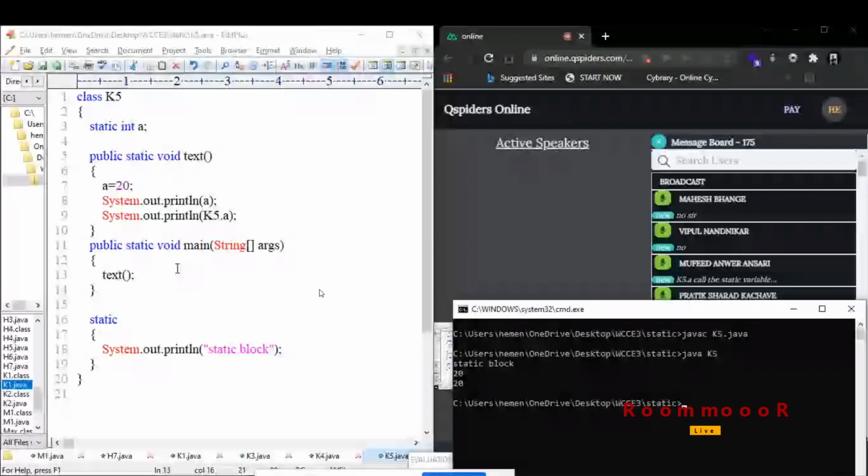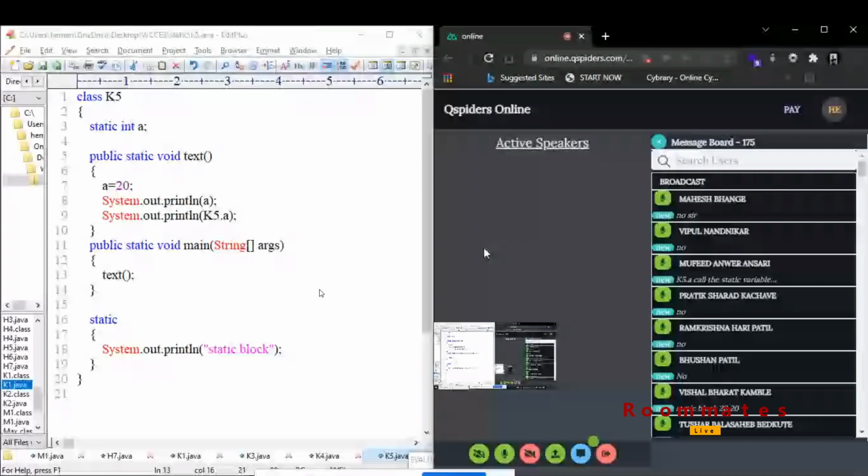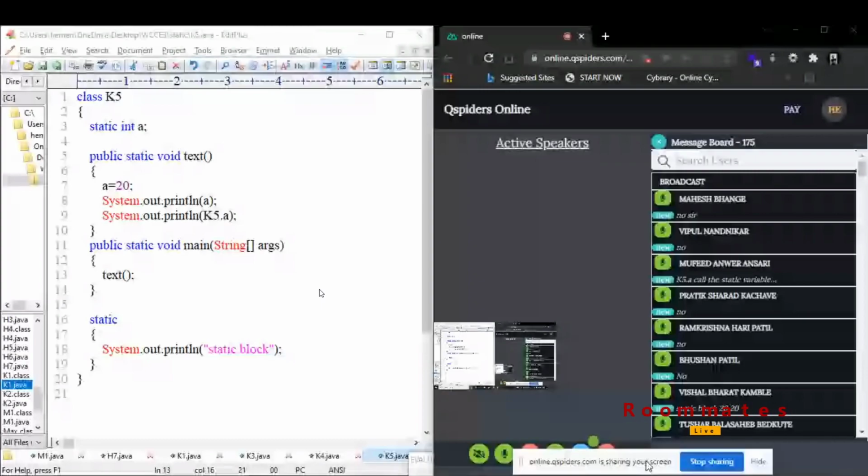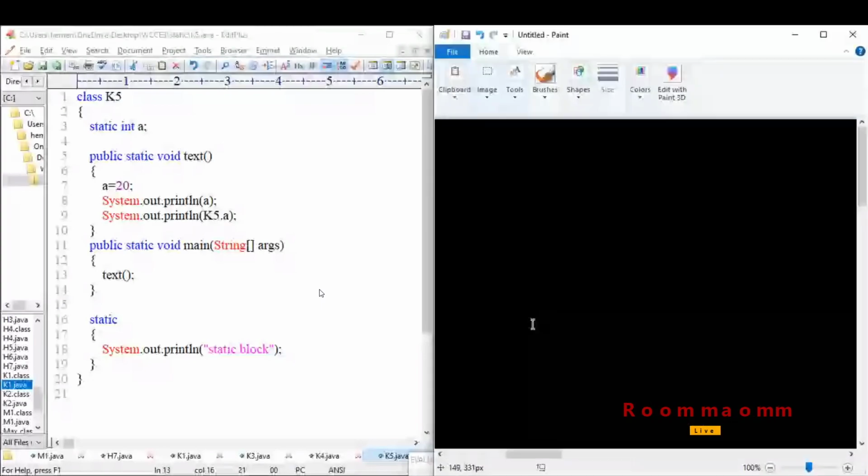Okay, listen, we'll do the tracing of this program one more time. Everyone, be careful. Don't do this kind of thing. Wrong. Yes, I'll do the tracing of K5. So when you compile the program,